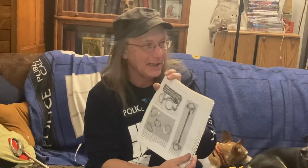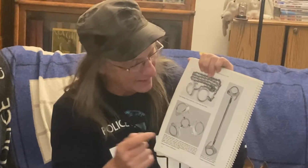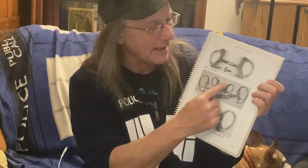I still don't have the nippers. I have to get these. But as far as some of the detective models, the different linkages, there's a prison, I try to get one of each at least. And this gives me a good reference guide as to what's available, at least that we know of, and I can check them off my list. So on this page, I can check that off. I still have to find these guys. Boom. And then of course we also had the round key